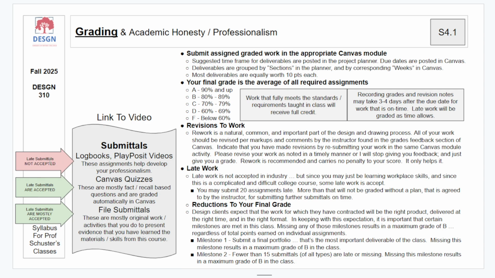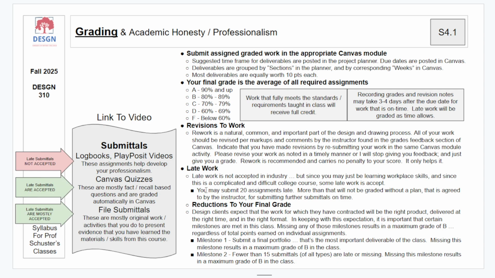And as you can see, some things I allow late and some things I don't. But guess what? You're just learning workplace skills. And this is a complex and difficult course, no matter which one you're taking from me. So I do accept some late work. I'll accept all Canvas quizzes late, and some late file submittals.